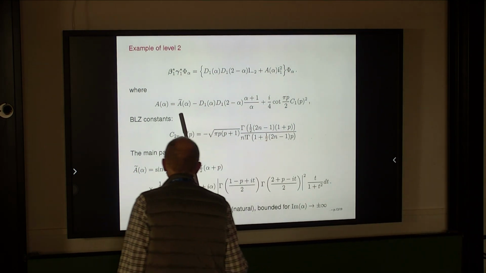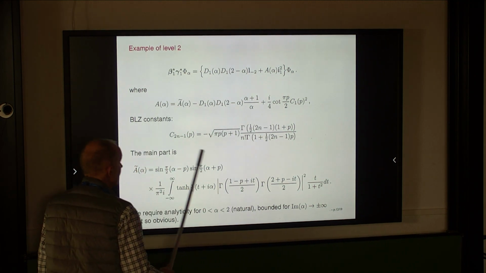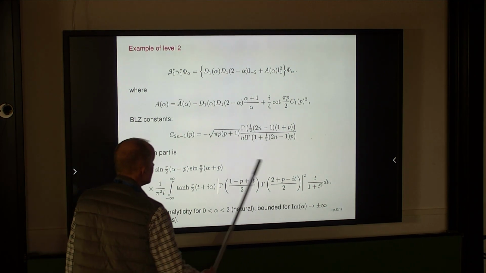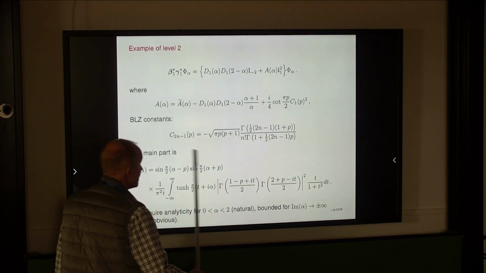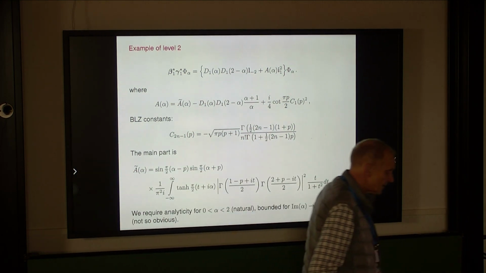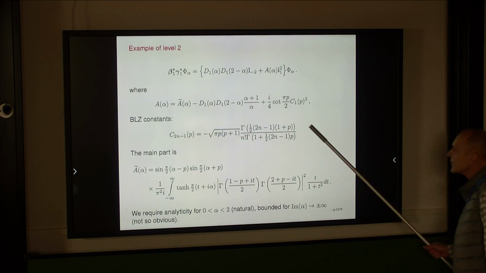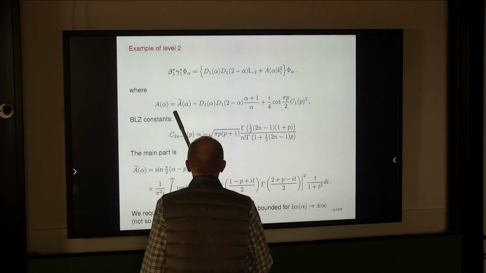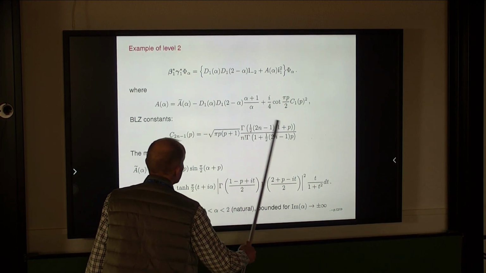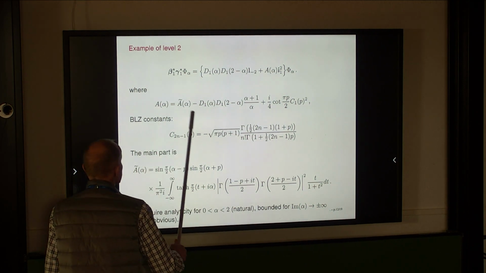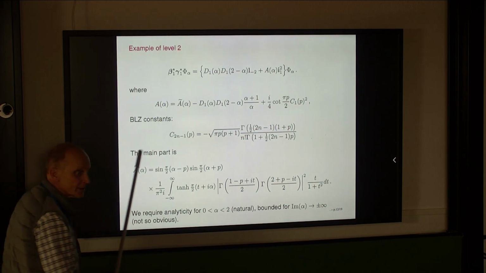From now on we will need the Bogdanov-Lukyanov-Zamolodchikov constants all the time, which is a normalization of the local form. This part is something simple. Then there is a constant which I will explain, and then I solve my difference equation. So this is a solution to my difference equation.